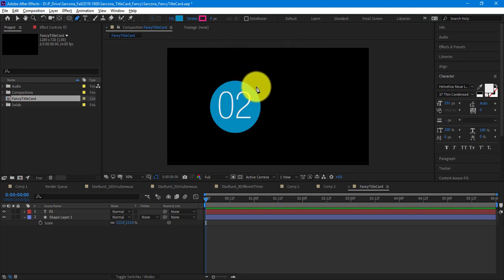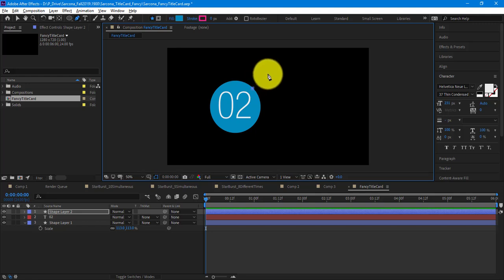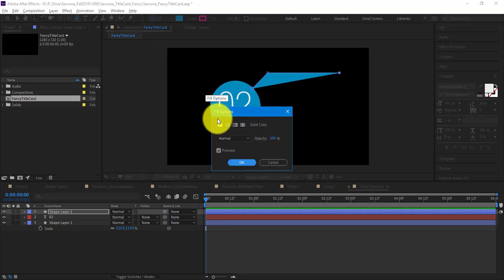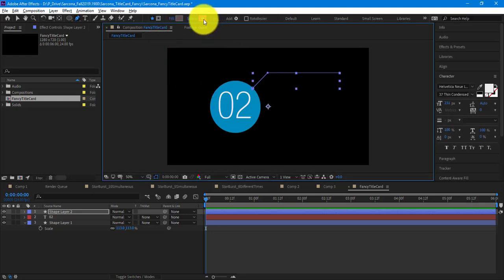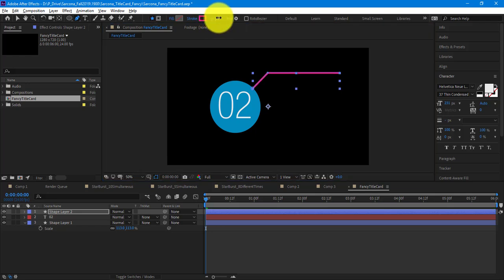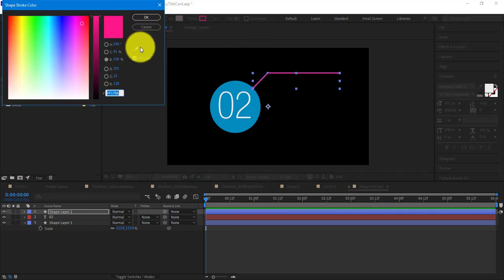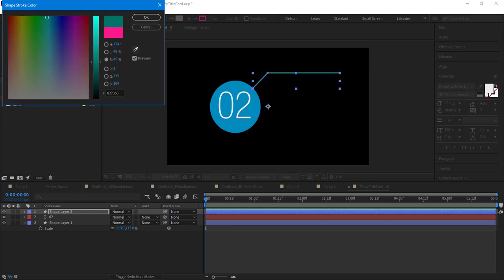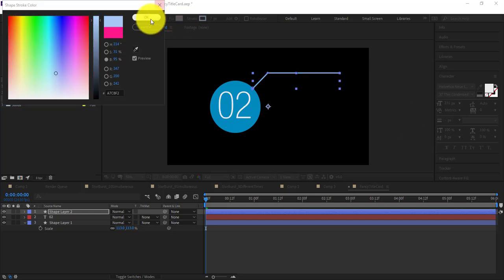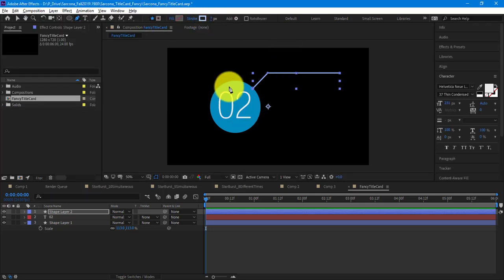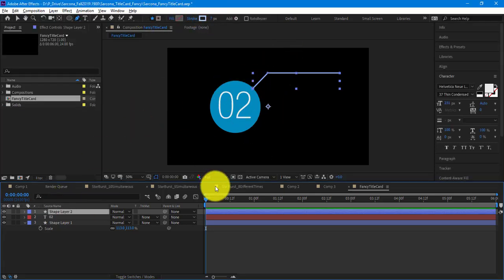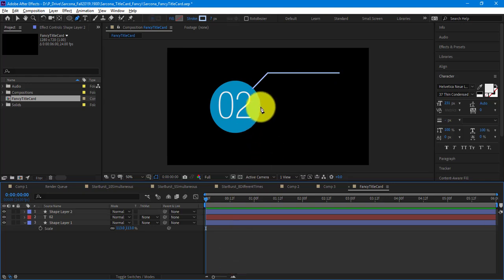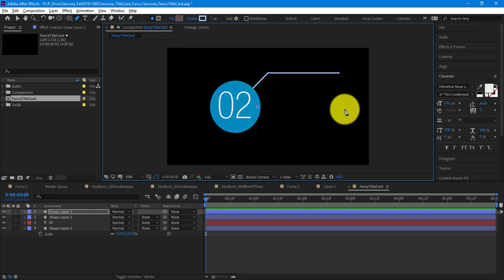Now I've clicked on my pen tool because I need a path coming from here to there. And this is not going to have a fill on it, but this is going to have a stroke on it. And the stroke color will be, I'll go with this lighter blue. All right, so there's that shape. Now I need a shape for the center of this, so that one should be easy enough. I'm just going to click off. Click here, hold shift, click about there,